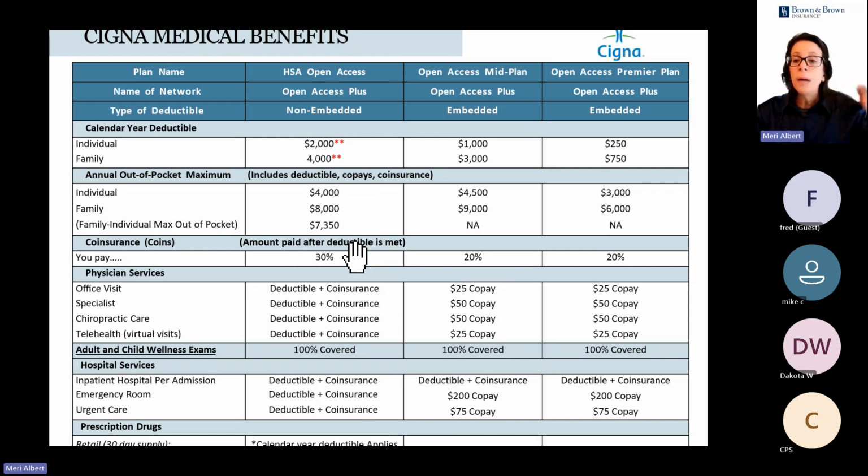Now, again, you might stay in that coinsurance phase. No one really wants to get to that phase because it means you're out of pocket. But do know when you hit that coinsurance phase, your bills have significantly lowered. Now, your third phase, your worst case scenario, is your out-of-pocket maximum. You can see it's individual, family, and then if one person, I can explain this, but let's say individual. If you hit $4,000 on this first plan of your health covered service bills when staying in network,